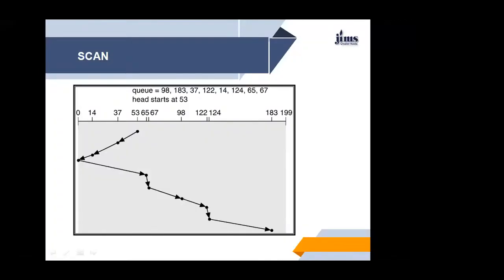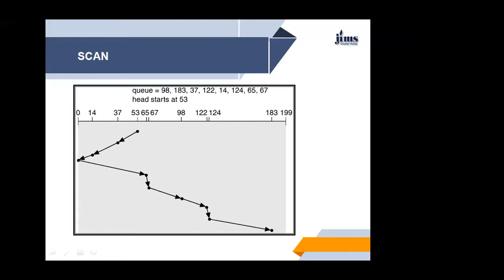Okay, so in this scan algorithm, before applying scan to schedule the requests on cylinders, as we have discussed, 98, 183, 37, 122, 14, 124, 65, and 67, we need to know the direction of the head movement in addition to the head's current position.